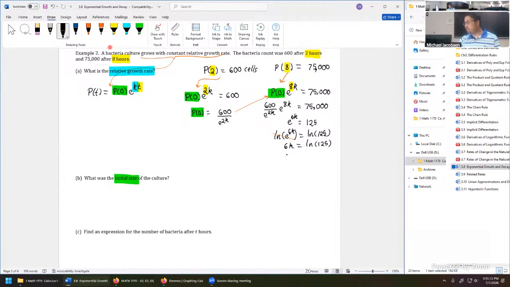So that means our work is done. K equals natural log 125 divided by 6. That's a positive quantity, so we have an exponential growth model, and that's the relative growth rate K. So once we got here, even though all the answers to the far right, that's the answer for this problem. Well, any questions at all, folks? Getting kind of half the unknowns in the model settled?